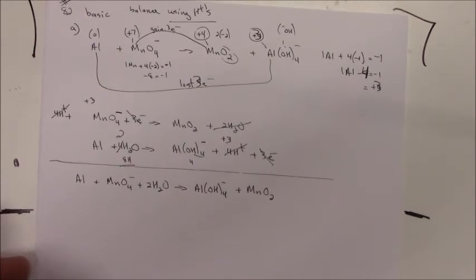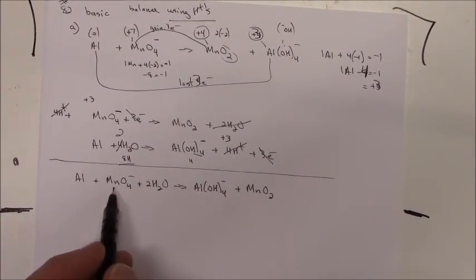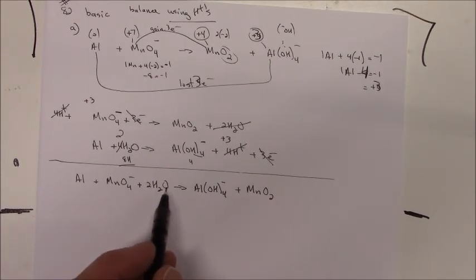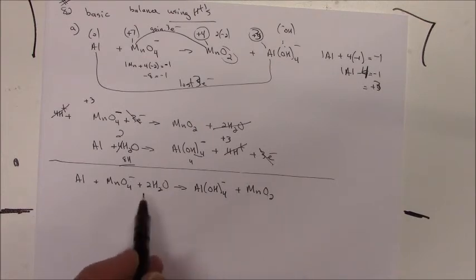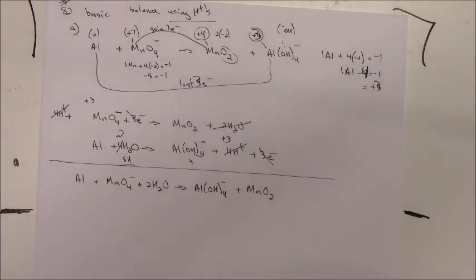So let's just do a quick check before we bounce to the basic conditions. 1 aluminum, 1 manganese, 1 manganese. Oxygens, you got 4, 5, 6. 4, 5, 6. Hydrogens, you got 4. 4. -1, -1. We're balanced. But it said balance under basic conditions. And what that means is